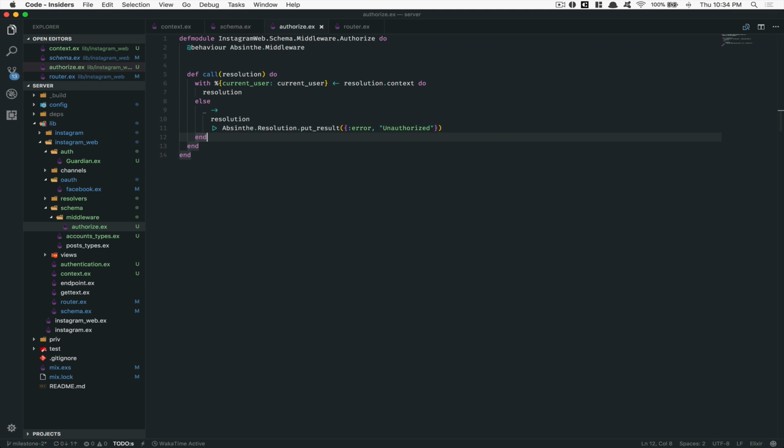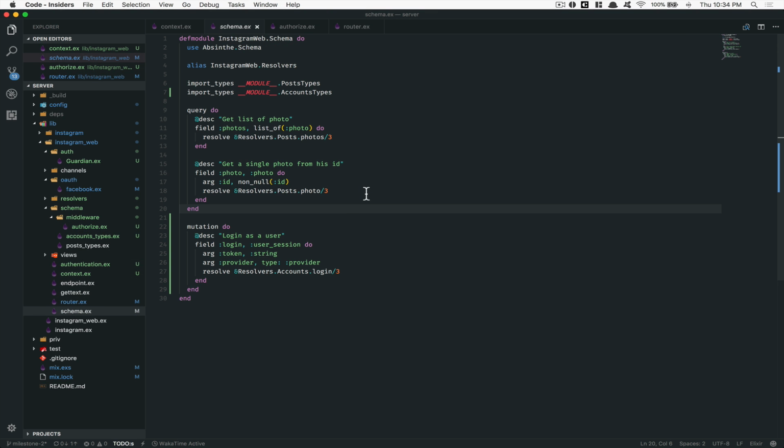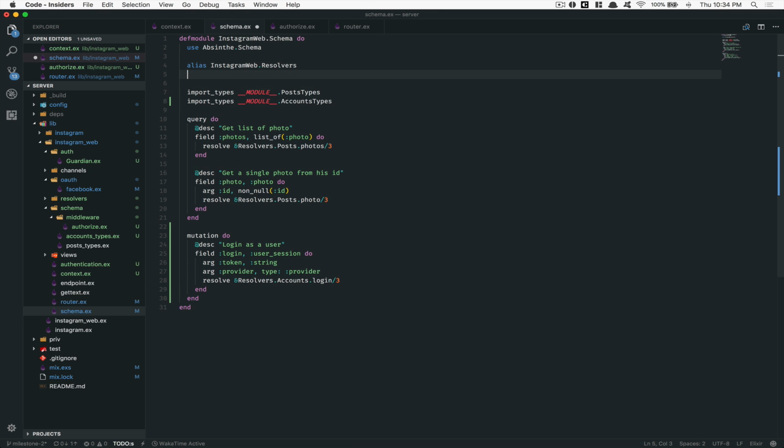Okay, still following me here? We have one little thing almost left to do. What's left for us is to add the middleware on the request we want to make secure. So what we're gonna do is come here to the schema, and at the top, alias what we just created, that schema middleware,